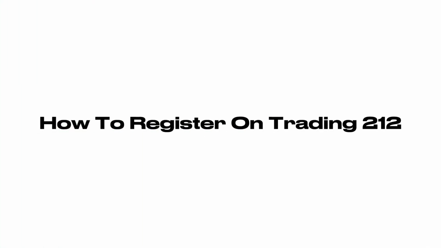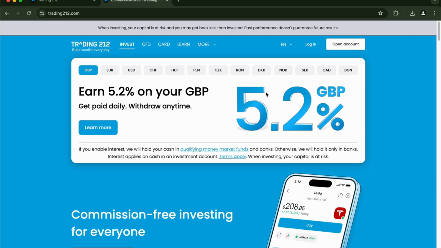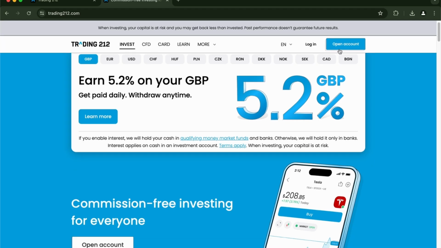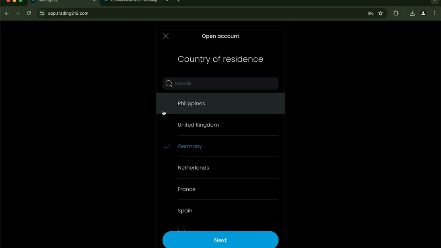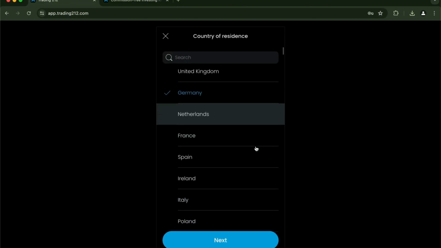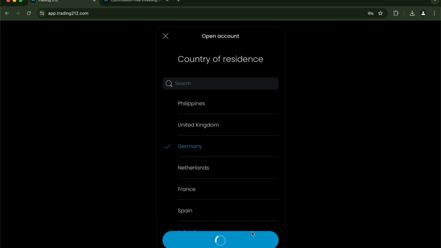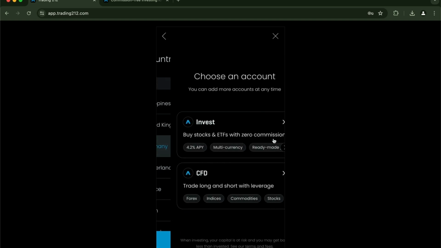In this video, I'm going to show you how to register on Trading 212. So to do this is pretty simple. So here, you're in trading212.com. Just open an account. You'll be redirected to this. You'll have to open an account, select country of residence, as you can see right there, continue, and then you'll